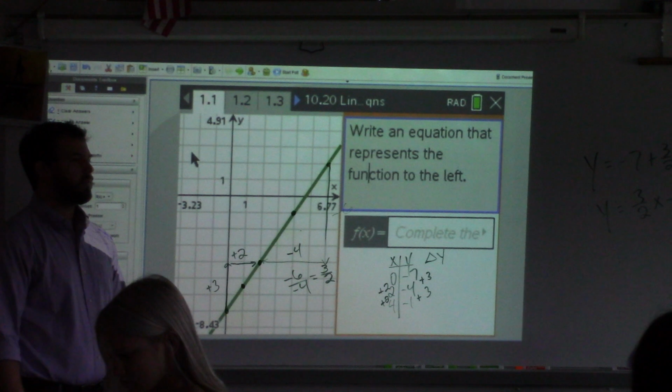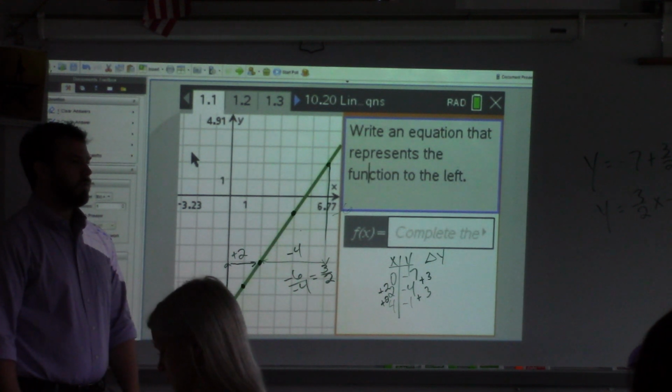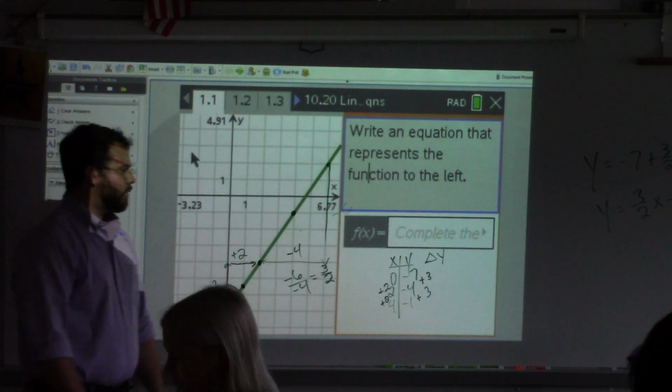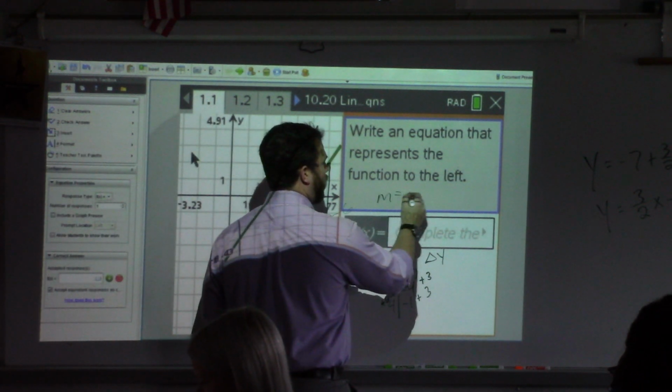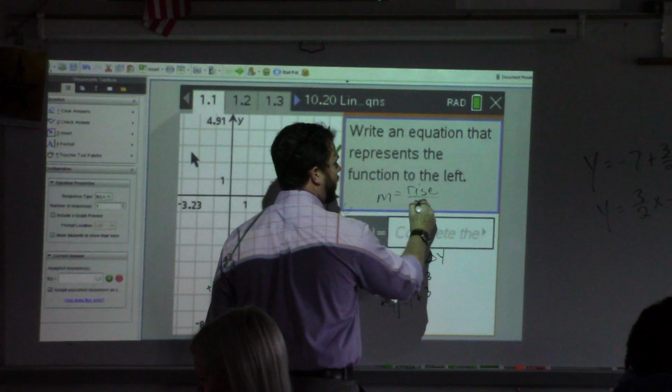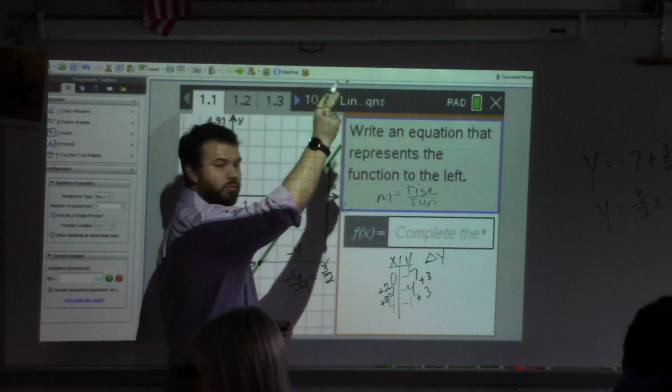What doesn't make sense? When you're doing the 0 to 2. Well, remember slope, one way to talk about it is rise divided by run. Well, if I'm talking about how much it rises by,